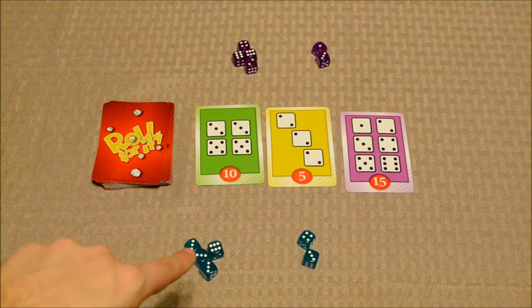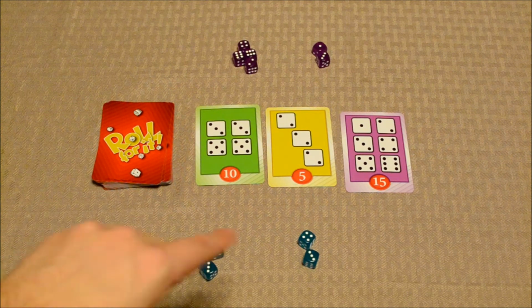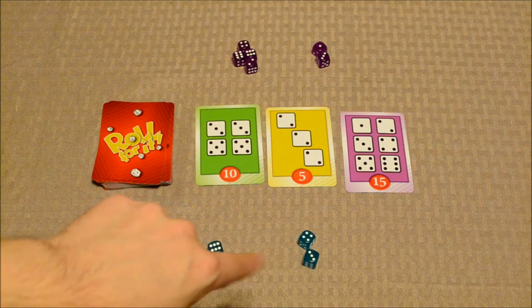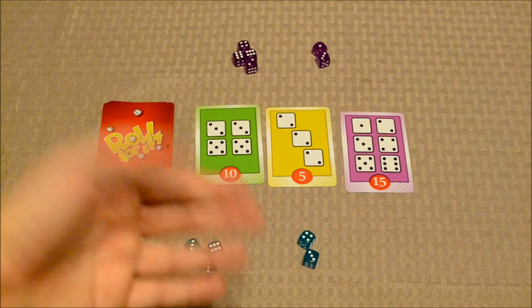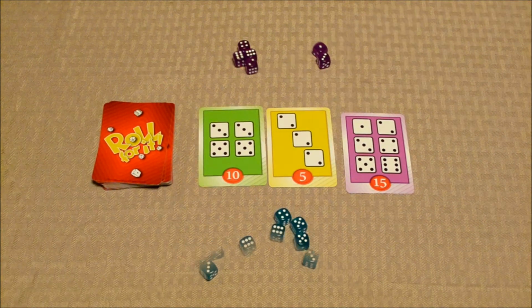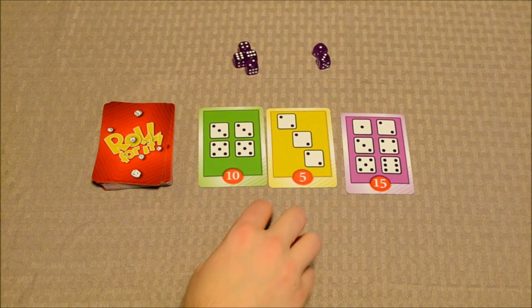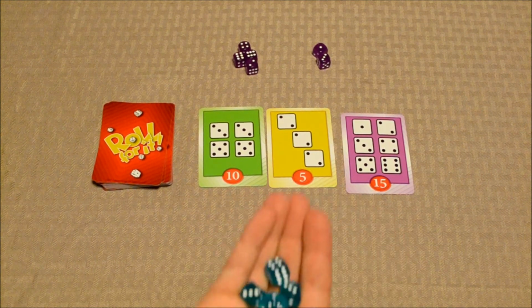Now each player will receive a set of dice. Again, there are 6 dice per set, and each player will take 2, roll them, and then whoever has the highest value will get to go first. A player's turn is broken up into 3 phases: the roll for it phase, the match it phase, and the score it phase. For the very first phase, the roll for it phase, you'll just simply take all of your